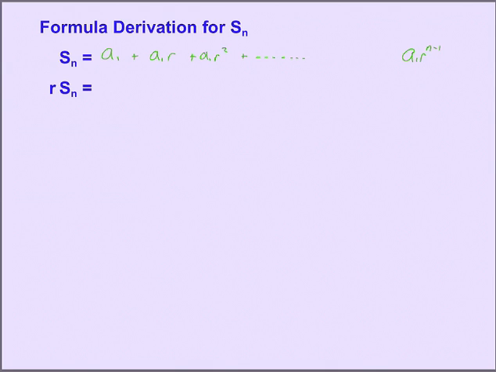Because if we're on like our 30th term, it means we had the first term, which we didn't need an r to get, and then we multiplied by r one more time to get each of the next 29 terms. Well, and then the term before that would have been a1 times r to the n minus 2, and so on. Okay. I'm going to also take the same series, s sub n, and multiply every term by r,